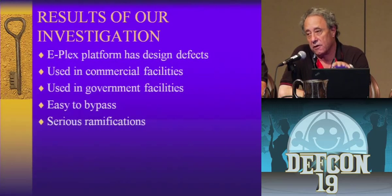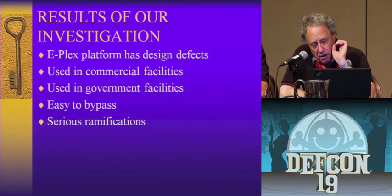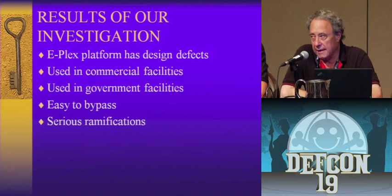Because this is liable to cost Kaba millions and millions of dollars. Okay, and it's not the cost of the part to fix the lock, it's who's going to pay to put it in. And this is always the problem with locks. Locks aren't like software where you can send out a patch. You have to physically take them apart to fix them. Okay, so our office launched an investigation to protect all of our clients, and because the pleadings were amended a